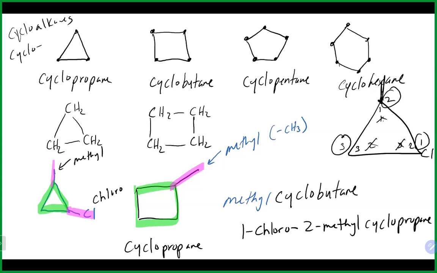So if you have just one group attached, it doesn't really matter in terms of the number. It's assumed to be carbon number 1, which means you do not need to put the number on it. But if you do have multiple groups, you do need a number, and again, whichever way gives it the smallest number. And if it is a tie, no matter which way you go, then you want to default back to alphabetical and give that alphabetical one the smaller number. Any questions on that one there? All right, we will